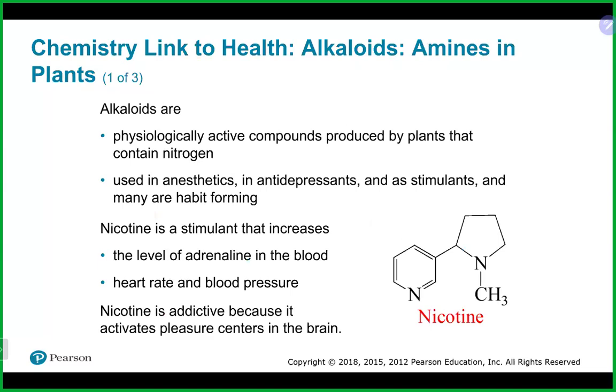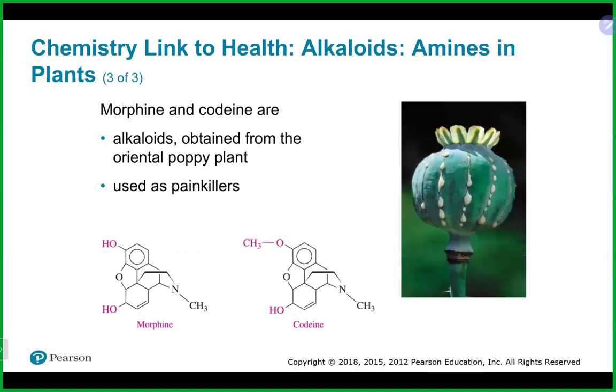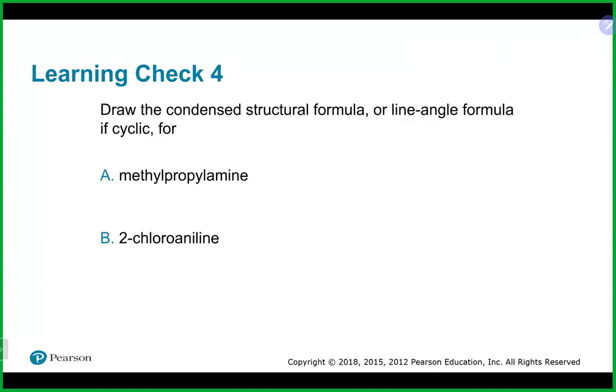Alkaloids are amines in plants. They're physiologically active compounds. Something like nicotine here is a stimulant. And again, we have our amine over here in nicotine. Caffeine as well. So again, we have our amine groups there, our nitrogens attached as well. And morphine and codeine as well, as you can see the